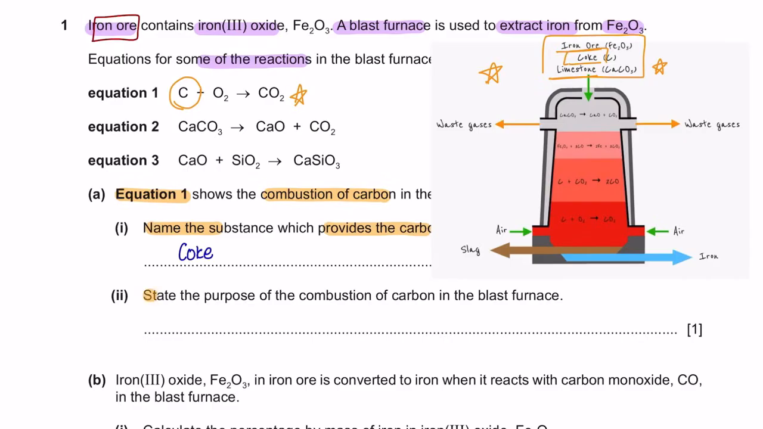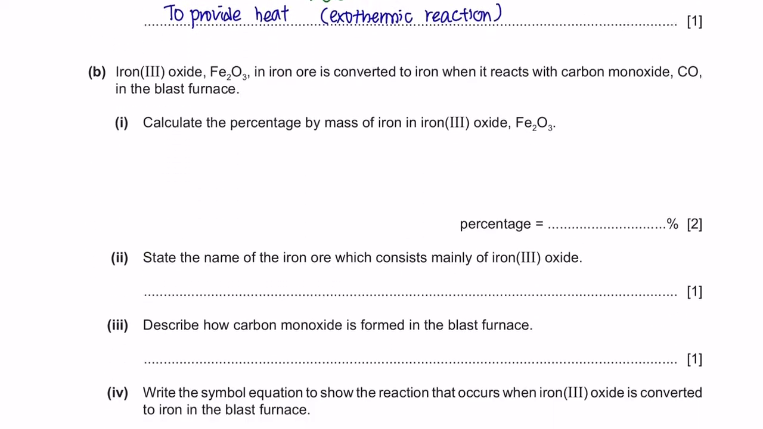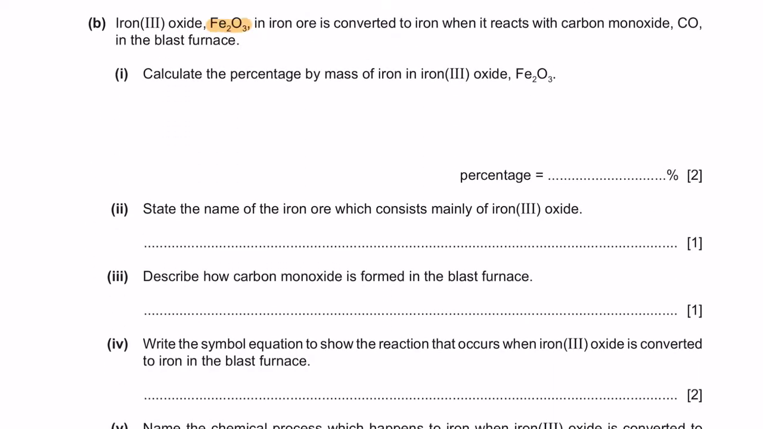Part 2. State the purpose of the combustion of carbon in the blast furnace. Combustion is a burning process, and the purpose of this is to provide heat. Next, question B. Iron trioxide in iron ore is converted to iron when it reacts with carbon monoxide in the